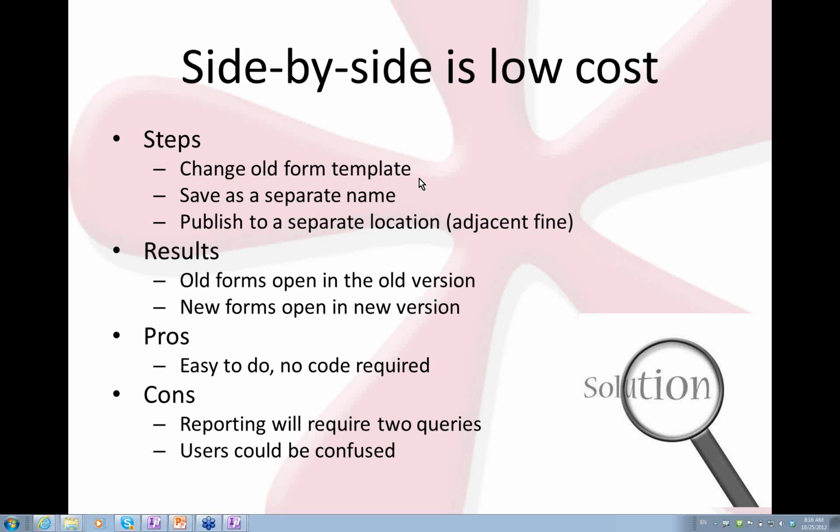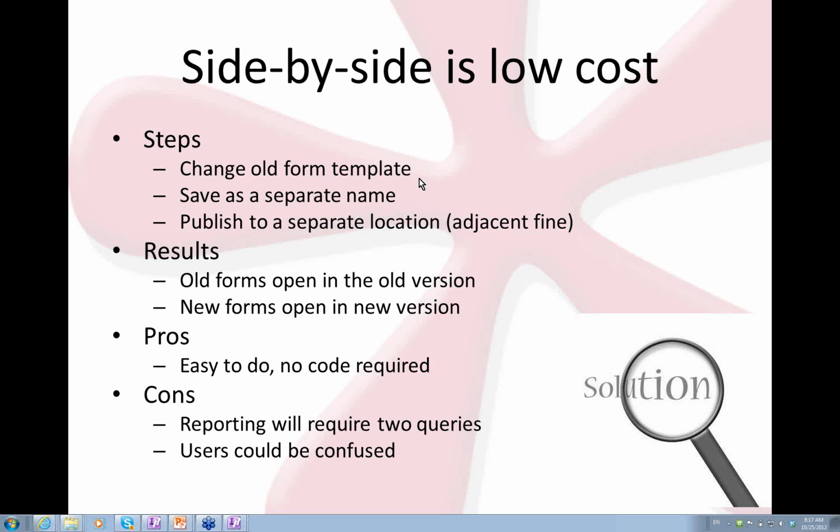Okay, so once again to recap, when you're doing versioning, the default is to always upgrade in place. In other words, publish your V2 over your V1, and the old forms will open with the new version. If you make a change to your data source which causes you to get that warning message, this is now a change that is not going to be backward compatible. In other words, you change the main root node of your data source, or you make another significant change like deleting nodes, then you want to use the side-by-side approach, which is